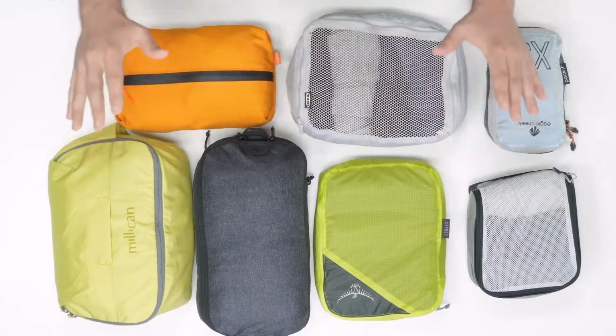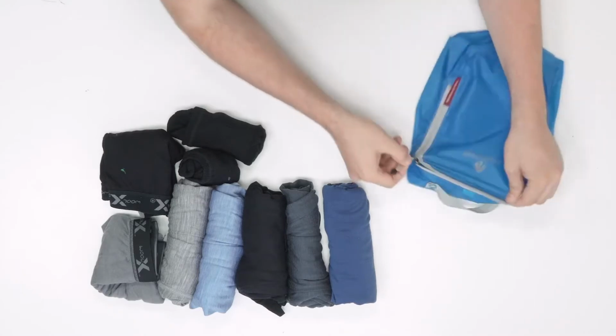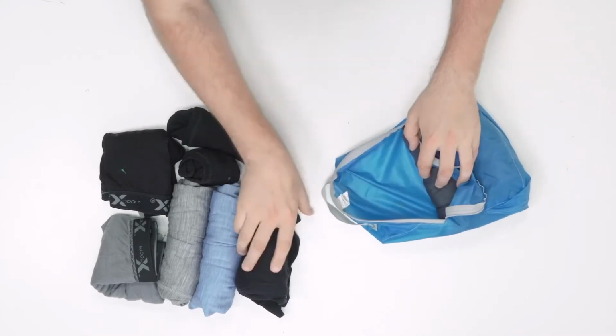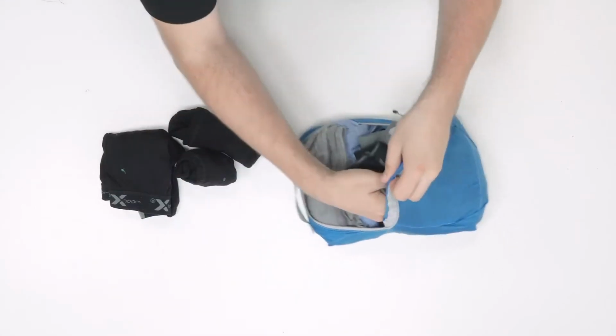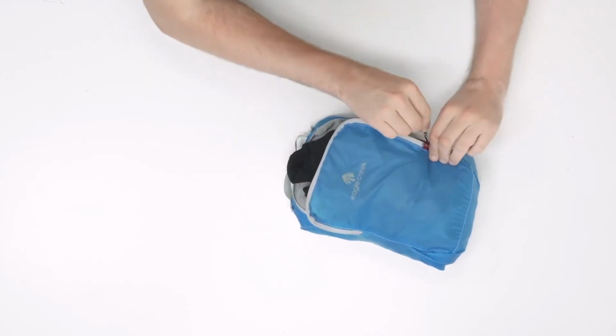The next one I'm going to encourage you to do is packing cubes. Now, packing cubes are excellent, and the reason why I say they're excellent, at least for me, is this. I use them to pack my items before I put them in my suitcase. And it's very simple. You open it up, you put whatever items you have inside each cube, and they vary in size. It helps you to make them quite compact before putting them inside the suitcase. It also helps you to categorize all the things you need, so you can have underwear in one